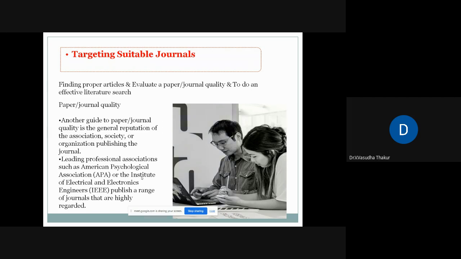Next is targeting suitable journals. How can you target journals? If your paper is good enough, worthy enough to be published, then in the next stage you have to ensure it goes into a good publication house. Some publication houses have their own quality checks and do's and don'ts, like guidelines. In the form of guidelines, you are instructed as to what to do. We see across journals asking you to attach the plagiarism report. That's one way. Secondly, APA style, that's American